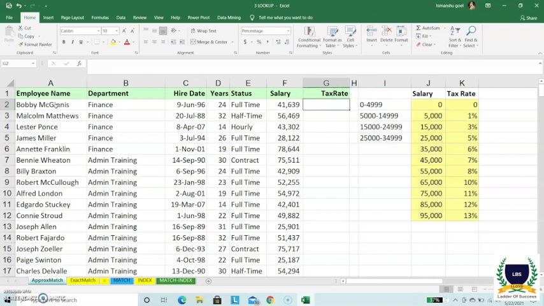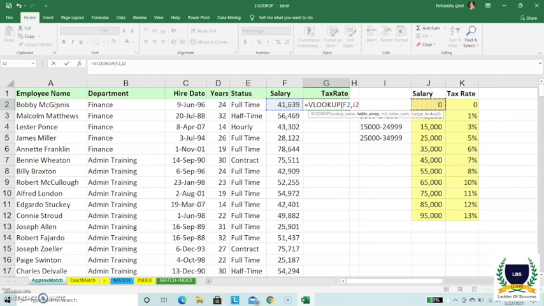So I'll use the VLOOKUP function for this purpose, equal to VLOOKUP, tab. There are four parameters that need to be fulfilled before I apply VLOOKUP. First, what is my lookup value? This is my lookup value which I'm looking for. And the table array, which is this. So I'm looking for my salary in this particular table.